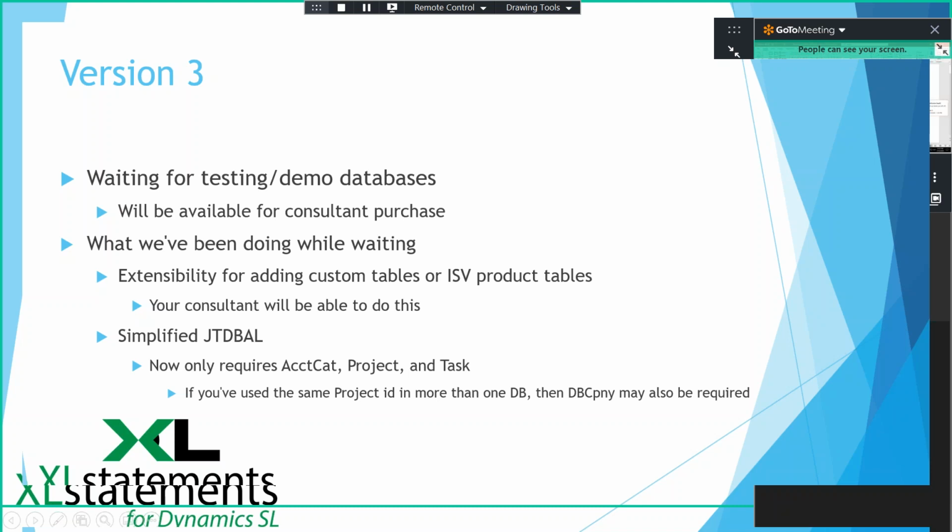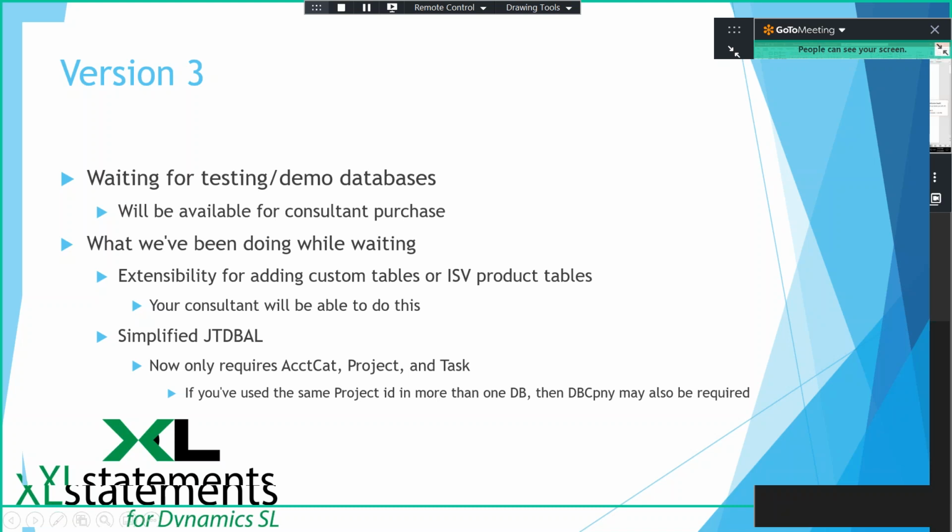We're adding extensibility so that if you have custom tables in your system, so some developer or your consultant has added tables and typically maybe custom screens into your system, or if you have an ISV product, e-banking or one of the MaxQ or something like that, your consultant will be able to go in and add the relevant tables, custom tables or ISV tables, into Excel statements for you, and then you can use those for filtering or adding columns to drill down